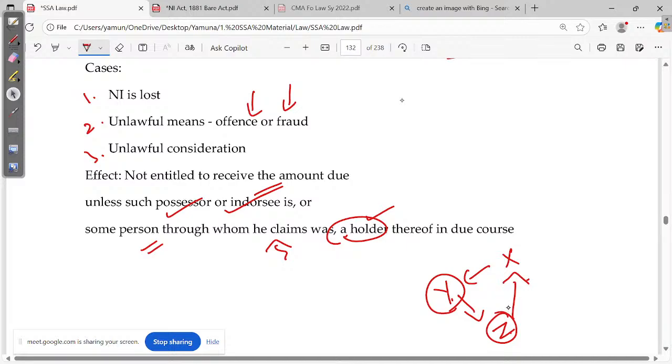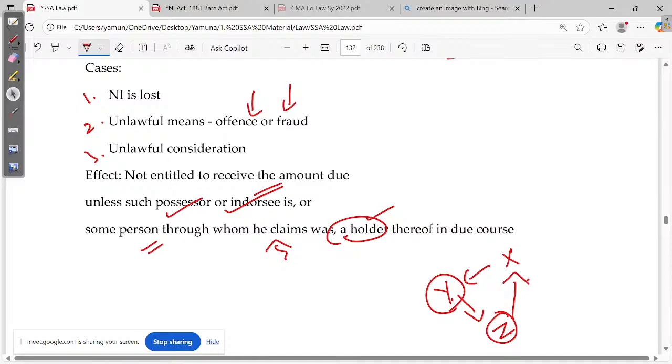Okay, ஏதோ ஒரு ஆளு சம்பந்தமே இல்ல, a person, he is no way connected in your business, no way connected in Y business, suddenly comes and shows the presentation of the instrument saying that you are due with this amount. Should X give the amount? He has to give the amount if he is acting in good faith. Good faith தான், எனக்கு நம்பிக்கை இருக்கு, டவுட்டே வரல.